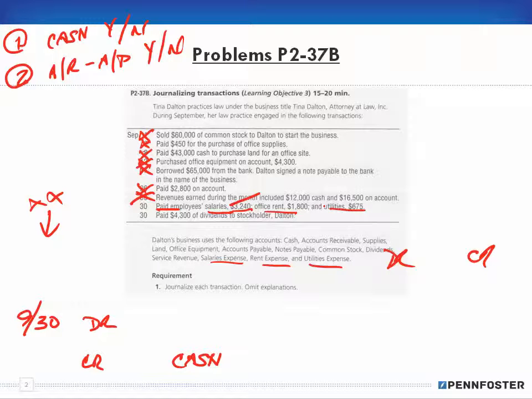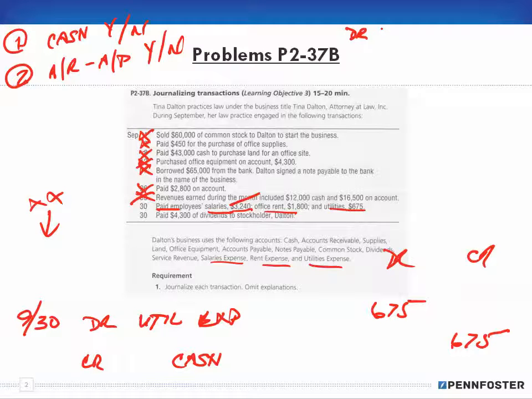I'm going to pay utilities for $675, so I'm decreasing my cash by $675, and I'm paying utility expense for $675. Now, that's a third journal entry that I would have made. Okay, but again, if you had, I'm going to do it up here, a debit